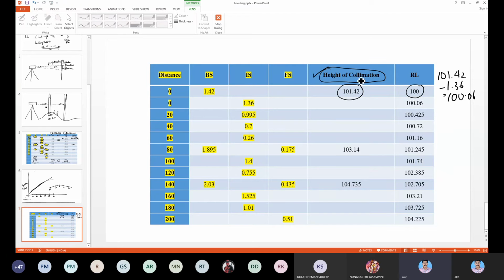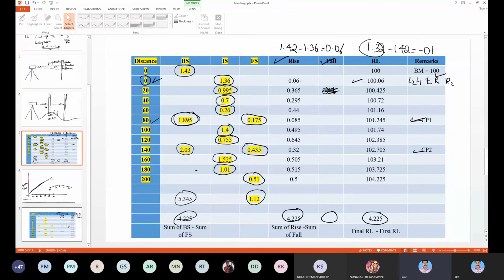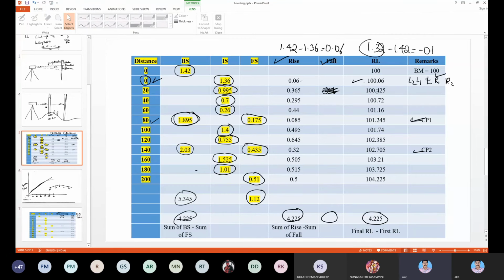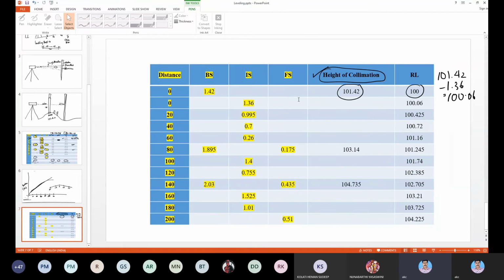Again you will do likewise, and you will get similar readings. If you compare this and this, say 100.425, at the same distances the levels will certainly be the same. They won't change. So again, the differences will be the same: 104.225 minus 100 will be 4.225.